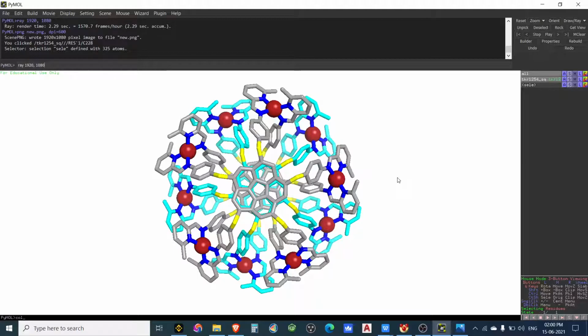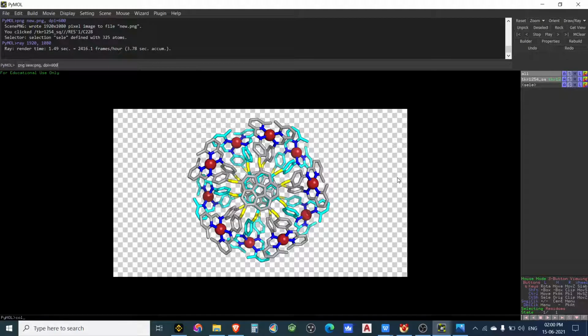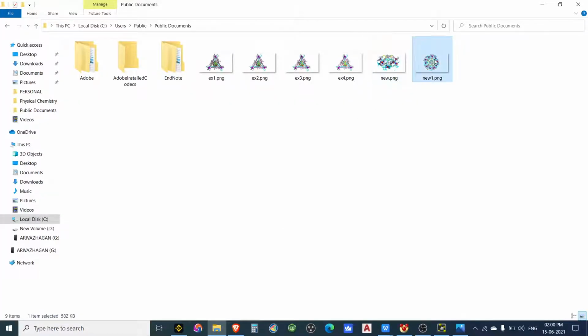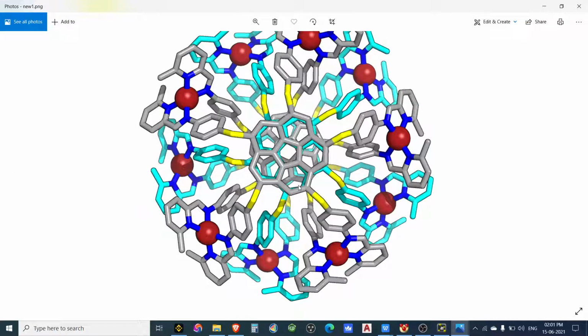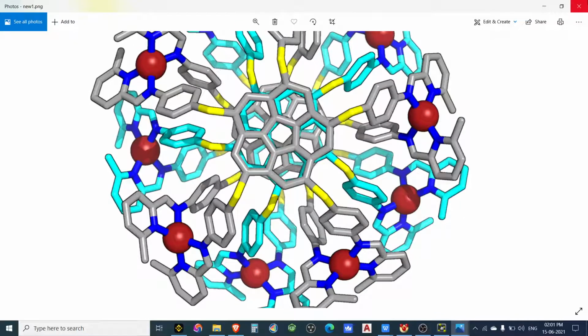You click this one, ray trace full hd mode, then generate the picture. See, nice picture has generated. That's all. Very high quality picture we have generated.